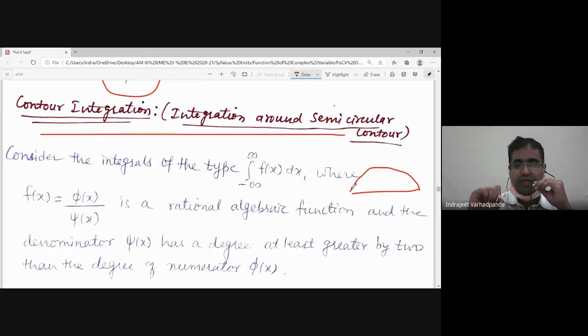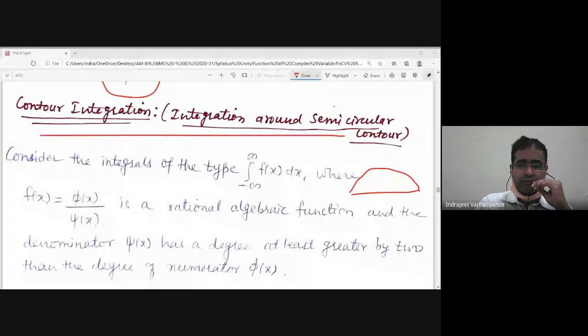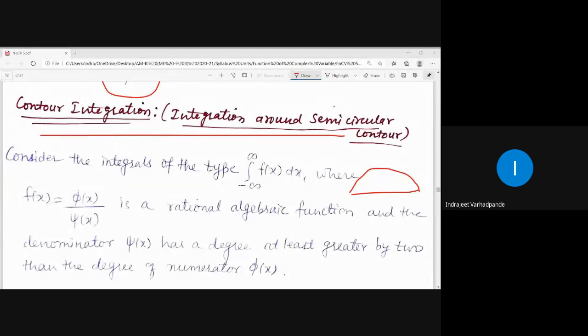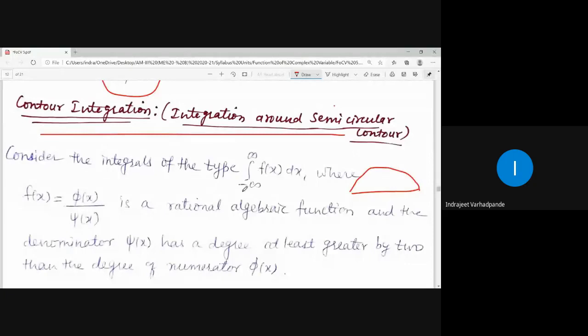In this particular example, we will be having the limits of integration as minus infinity to infinity,